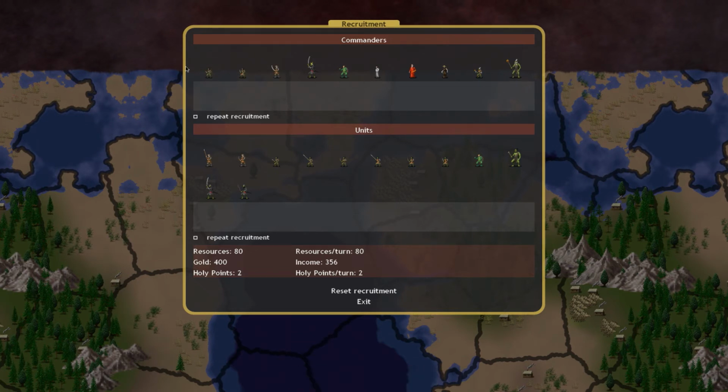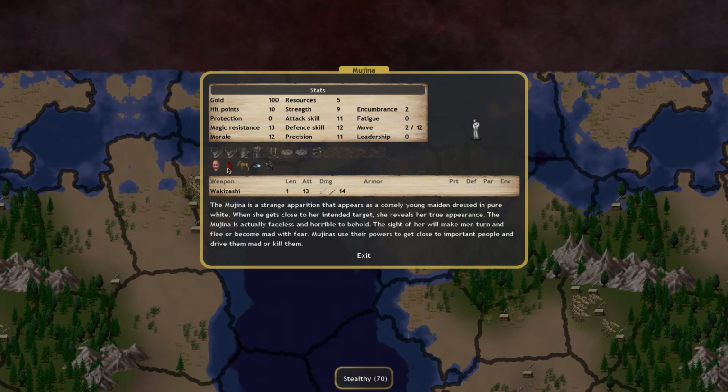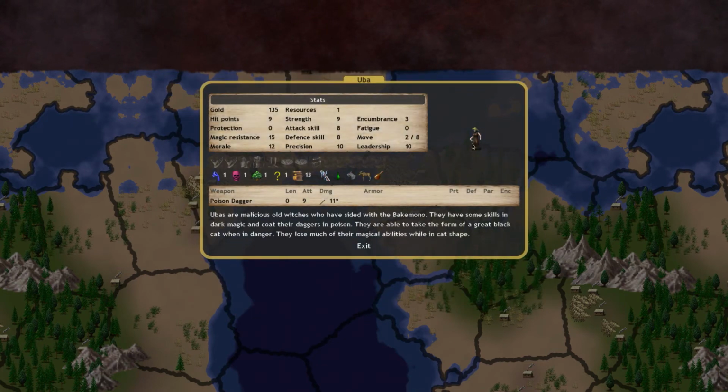The top guys are your commanders. So these are your commanding officers. Sometimes they're mages. They can be quite useful. So this one here has fear, stealthy, force survival, not a mage. Uba. Ha! A Yuba. I don't know what this is from a historical standpoint, or even if it is something from a historical standpoint, but I know an Uba. Anyway,